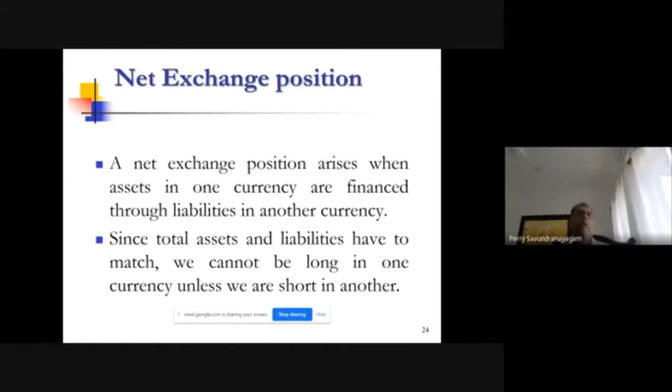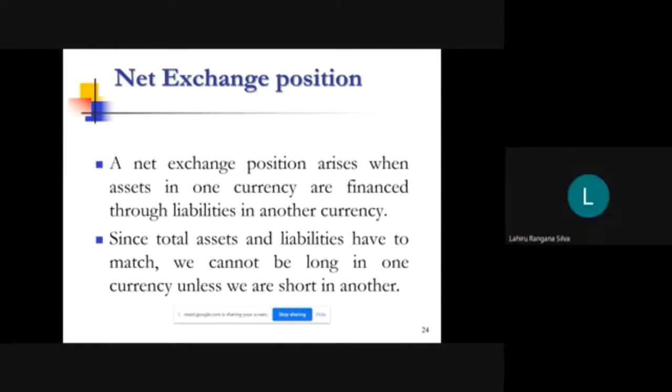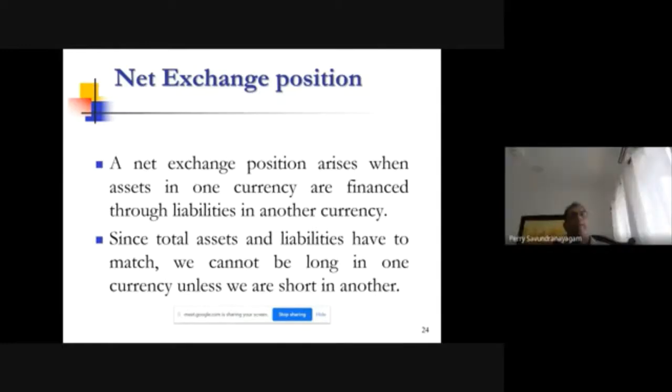So for example, if I'm short rupees liquidity for whatever reason, I don't have rupees, I need to raise rupees, and I don't have anywhere in the market to borrow rupees from, but I'm carrying a long dollar position. Okay, I can go and sell my dollars and raise the rupees for my money market desk. Yeah, so it all links up.